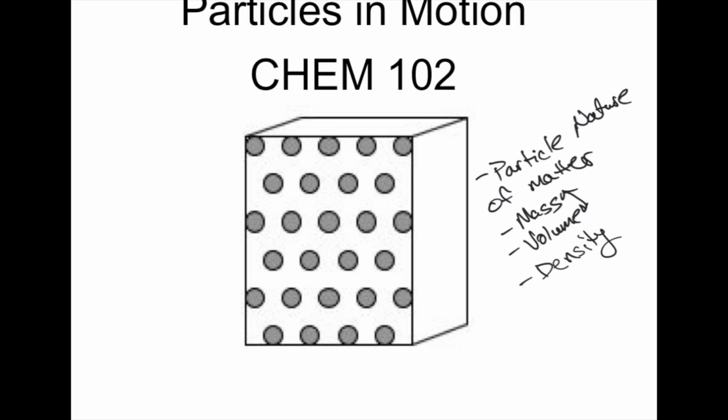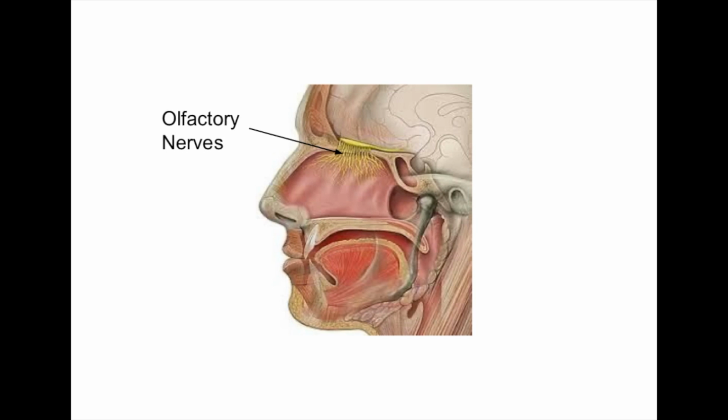All right, so now we're going to see if this model fits with our next concept or if we need to modify this particular model. This particular model does not account for the movement of the particles, so we'll have to modify that. To do this, the example that we're going to use is your olfactory nerves, which are way up in your nasal cavity. And the function of the olfactory nerves is to provide the sense